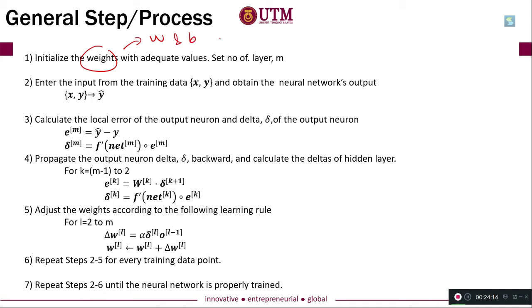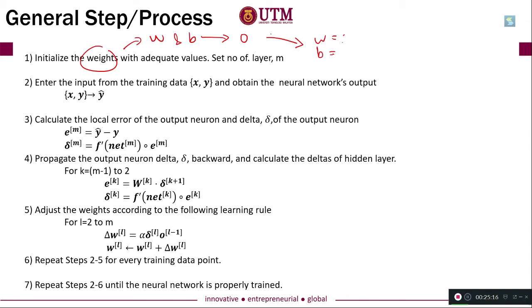So in general, there are two ways to initialize these values. One is you can set all W and B equal to 0, or in some applications they just put a random number, meaning that you set W and B to some random number. You can set any random number, because in programming you have a random function that can generate a random number. Then you can set your W and your B with a random number. There are advantages and disadvantages, different effects, of initializing your W and B with 0 versus with a random number. But I don't want to discuss that, because it is not covered in your syllabus, but you just realize that